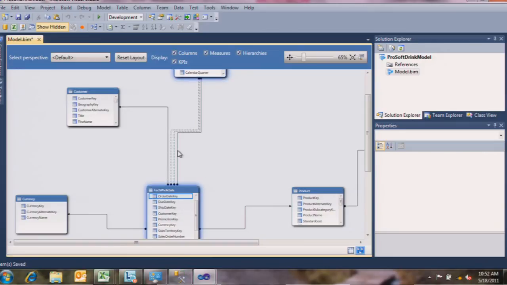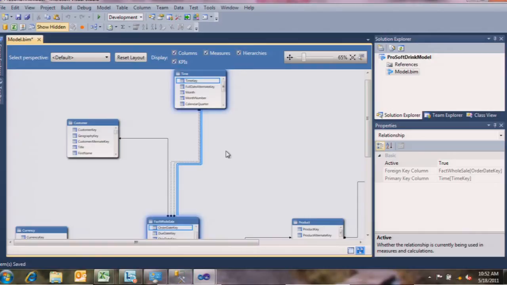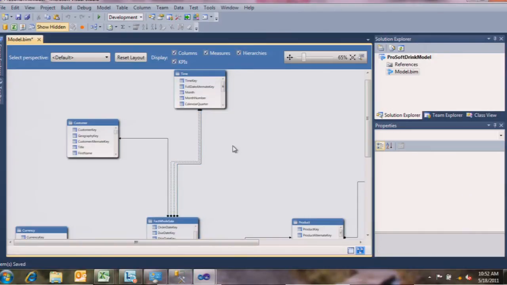So another thing you see here is dotted lines. These are dotted lines, in case you didn't see. So what are these? Denali will support multiple relationships between tables. In V1 of Power Pivot, we imported relationships that we could find. As soon as we found the first one between two tables, we stopped. We gave you a notification saying we dropped the rest. What we're doing now is telling you loud and clearly there are three relationships between time and your fact table,